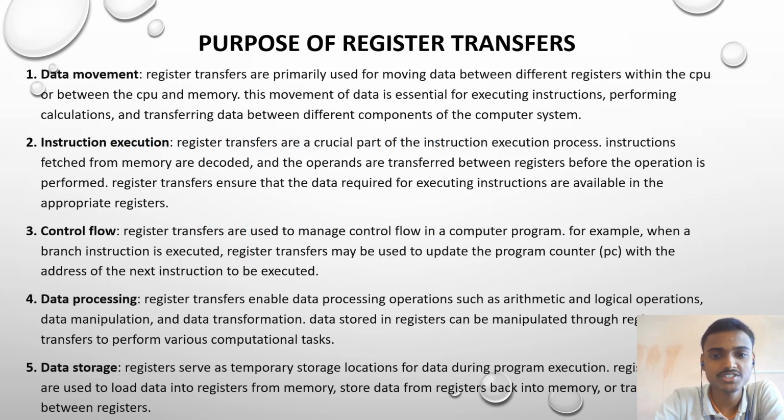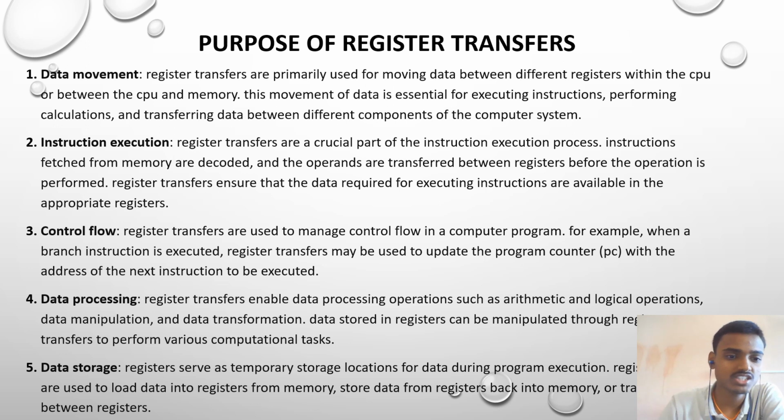Let us see the purpose of register transfer. The first purpose is data movement. In order to move the data from one register to another register, we use register transfer. Let us see the definition of it. Register transfers are primarily used for moving data between different registers within the CPU or between the CPU register and memory. This movement of data is essential for executing instructions, performing calculations, and transferring data between components of the